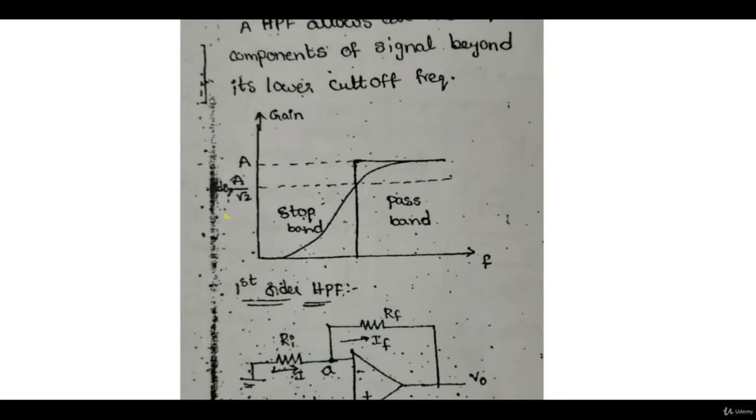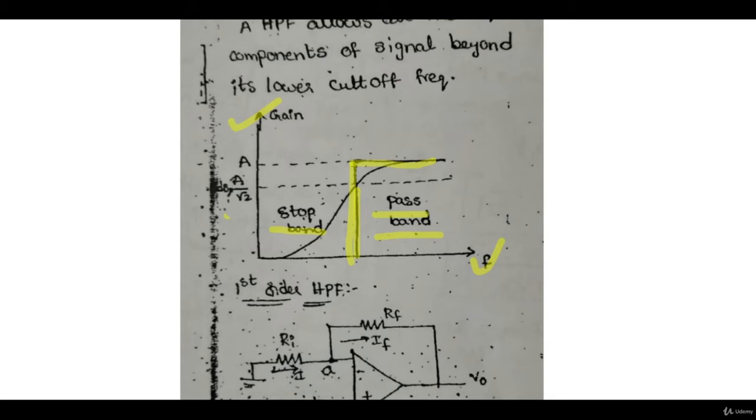not pass. Okay, so this is the typical gain versus frequency characteristic. This is the frequency above which it is acting as the passband, meaning all the signal components will pass through above this frequency, and this is the stop band, below this frequency, where it will not pass any frequency components of the signal. Okay, this is the sharp transition one, meaning the higher order characteristic.